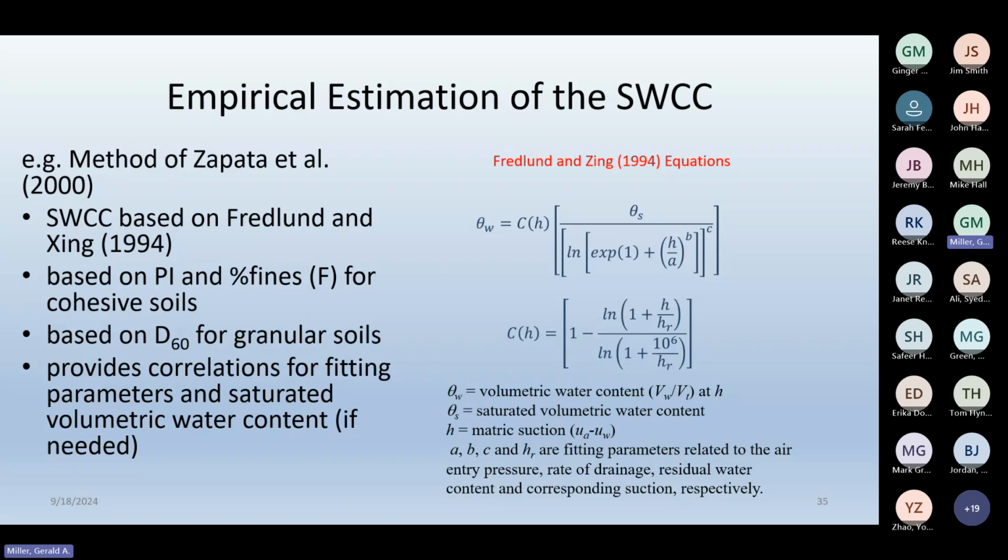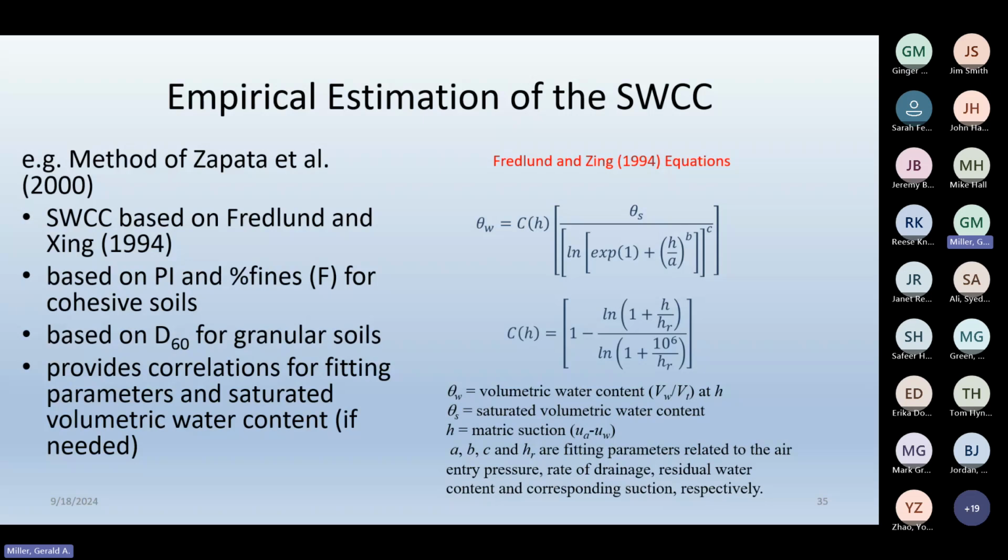And then using those parameters, you come up with the fitting parameters for the soil water characteristic curve. So this function proposed by Fredlund and Xing is just a curve fitting technique that happens to work very well for creating soil water characteristic curves. So using the Zapata method to estimate the fitting parameters, and you can also estimate the saturated volumetric water content